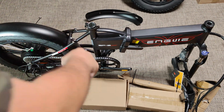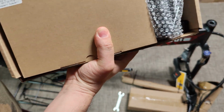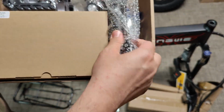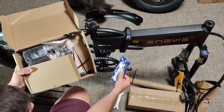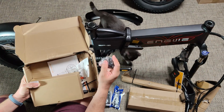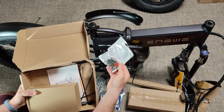Alright, so by magic the packaging is out, and now we are going to open this box up because we have things that we need inside. In this box you get a lot of stuff. You get, of course, the charger, which is the biggest one. We now also get the small air pump included to fill up the tires. And we get tools, a lot of tools. We get the pedals. We get a bell. We get various other things here, such as spare brake pads, a fuse,